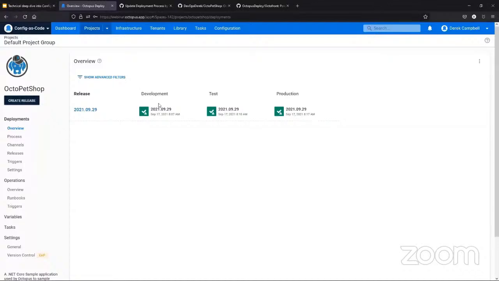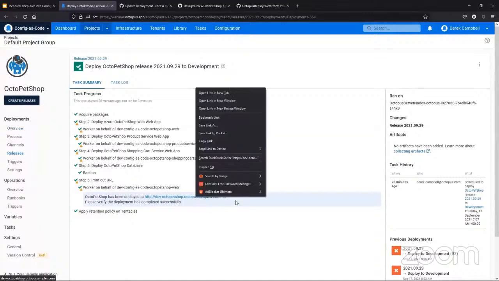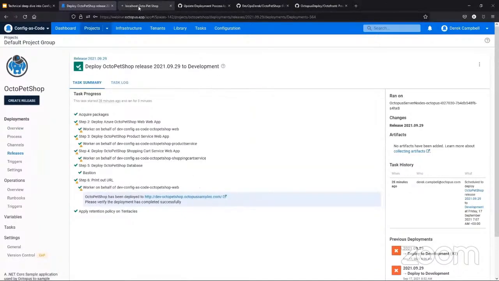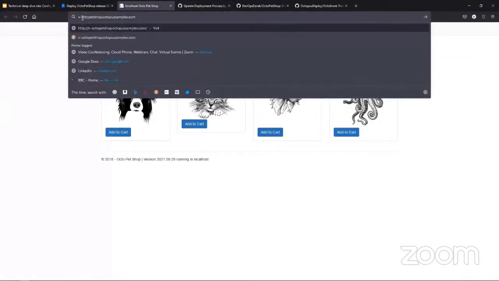And just to be clear, there's no smoke and mirrors here. This is a live deployment. I just want to show you this. So what we've got here is a little step at the end that prints out the URL. And if you switch this to test, helps if